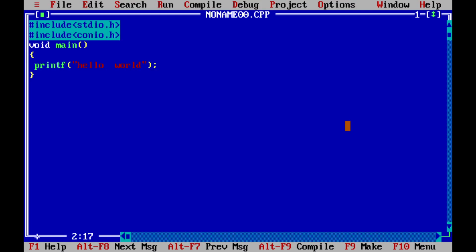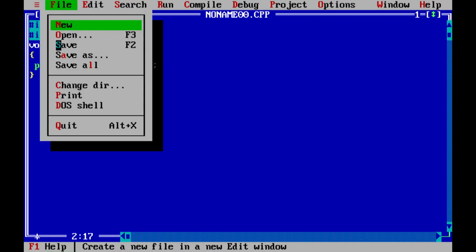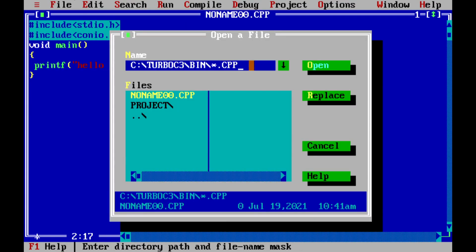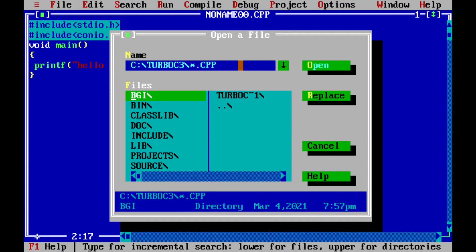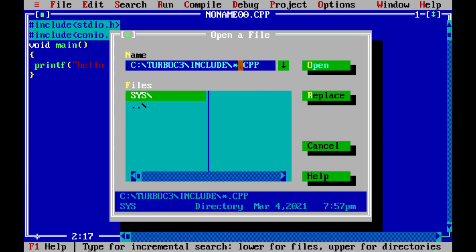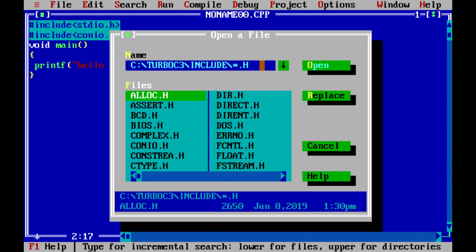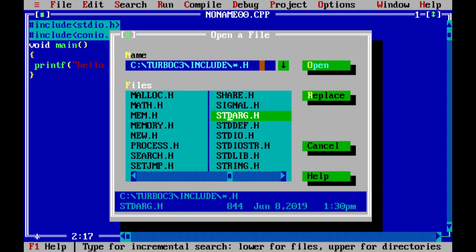So how does stdio.h look? If I go to this directory, I will find the include folder. You see, this is for header files. If I look through the different header files, you will see there are a lot of header files present, and one of them is stdio.h, this one.